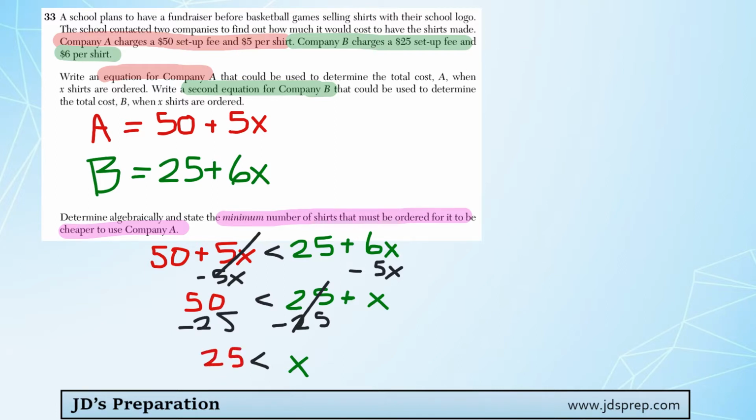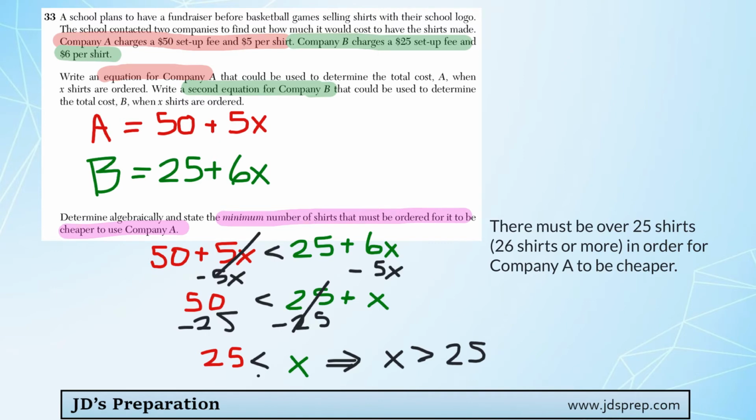Now, this is always a little tricky to see an inequality written this way. Usually you have the variable on the left and the number on the right. So I'm actually going to rearrange it. So we're going to put x on the left, 25 on the right. But because we're switching the order of those, we have to switch the direction of the inequality as well. So x is greater than 25 is our solution. So as a final statement, I would write out in a sentence that there must be over 25 shirts, in other words, 26 shirts or more, in order for company A to be